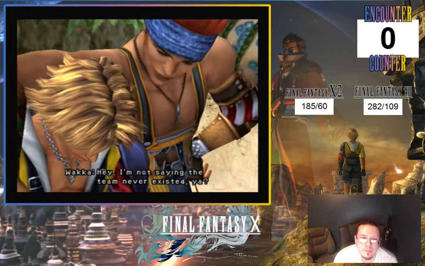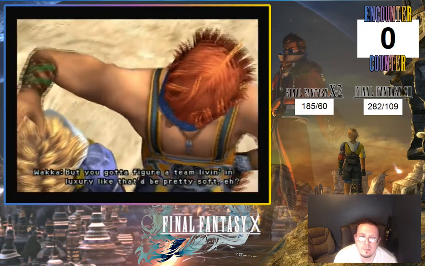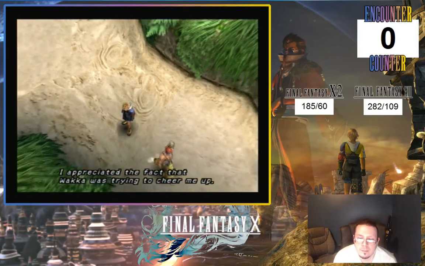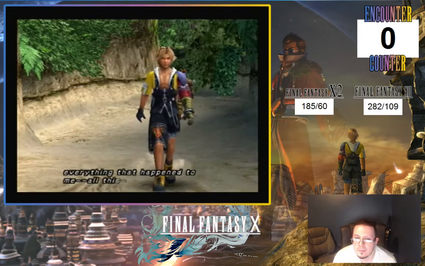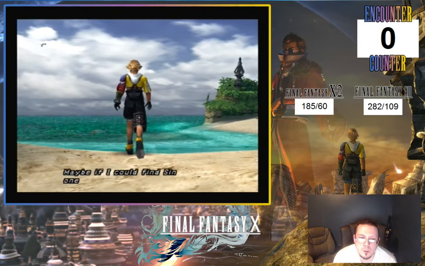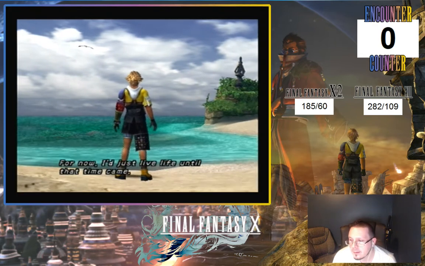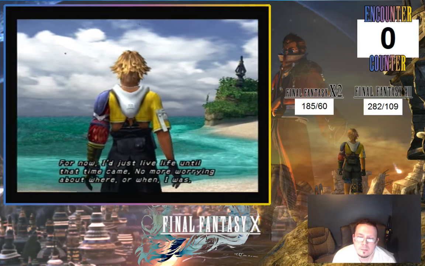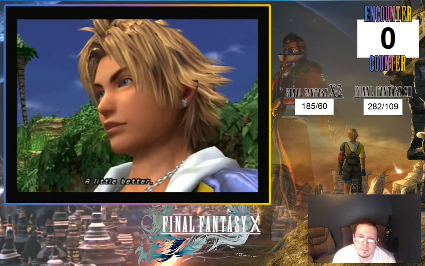Hey, I'm not saying that team never existed, yeah? But you gotta figure, a team living in luxury like that be pretty soft, eh? I appreciated the fact that Wakka was trying to cheer me up. But at that time, all I could think about was everything that happened to me. All this started with Sin. Maybe it's not that hard. If I find Sin one more time, I could go home. For now, I just live life until that time came. No more worrying about where or when I was. Sure, it was hard not to think of home, but I started to feel a little...